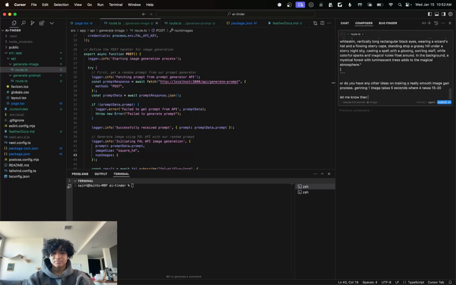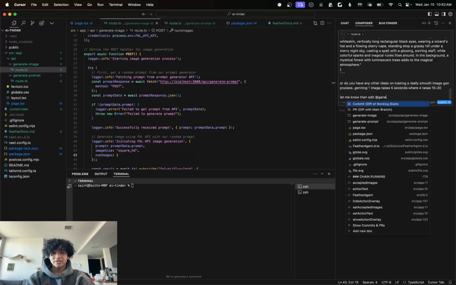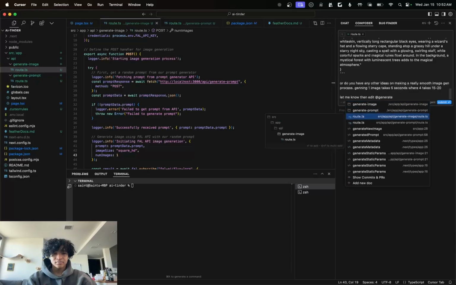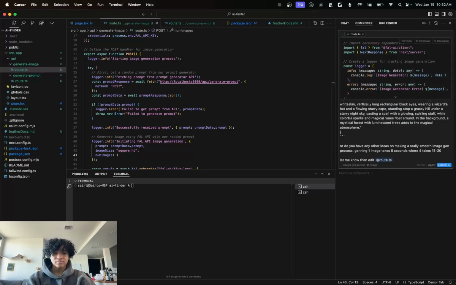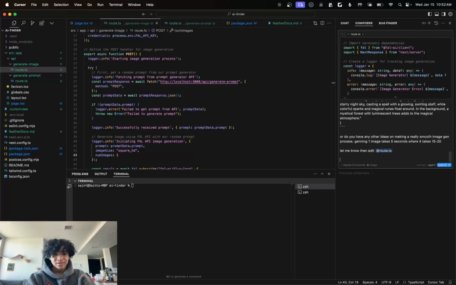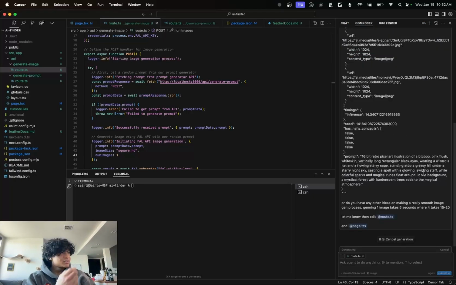Let me know, and then edit generate image route. But I want to generate 4 random images. Well, actually, no, because if you get one batch of images, 3 might be dog shit from a single prompt, and 1 might be really good. So I think there's no harm in generating 4 images. Okay. End page. So I think from this,